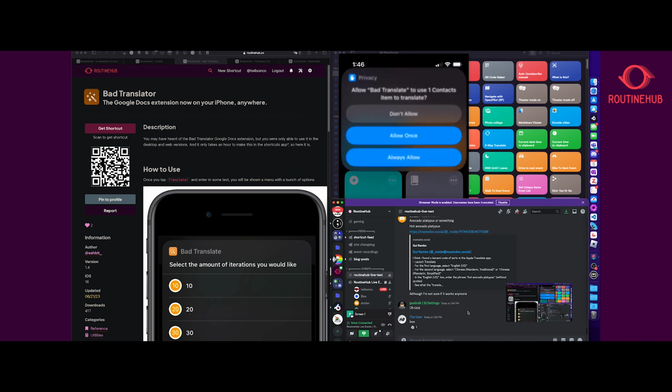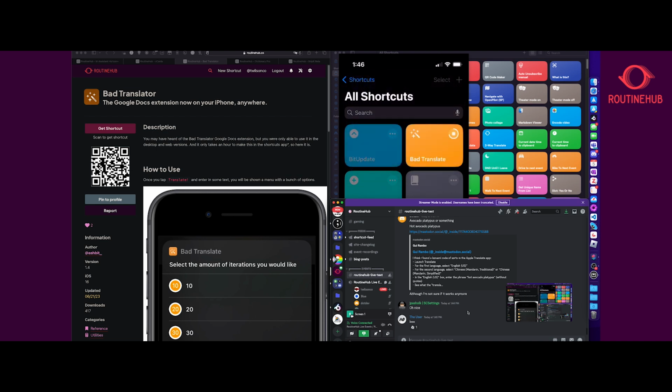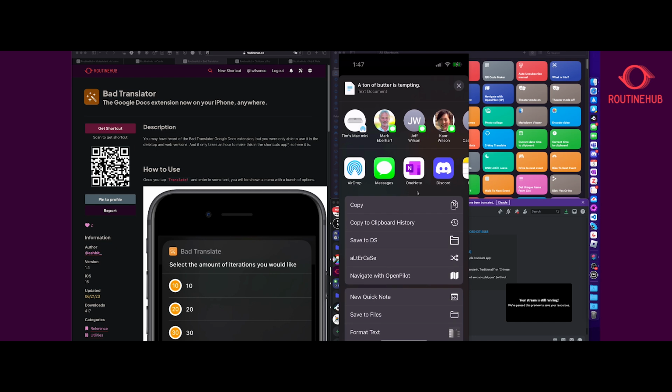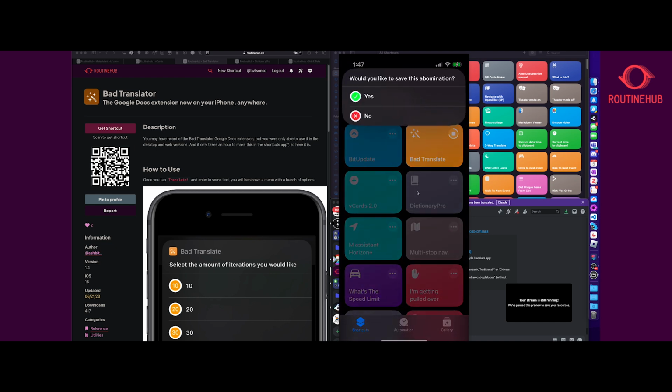While we're waiting for this, I'm going to throw out a PSA for everybody. I read this morning that the app Bartender for macOS was secretly, oh my God, a ton of butter sifting. Hot avocado platypus. That's nice. Anyway, finishing my PSA real quick. Everybody should go uninstall Bartender if they have it installed because it was secretly purchased by some shady company.